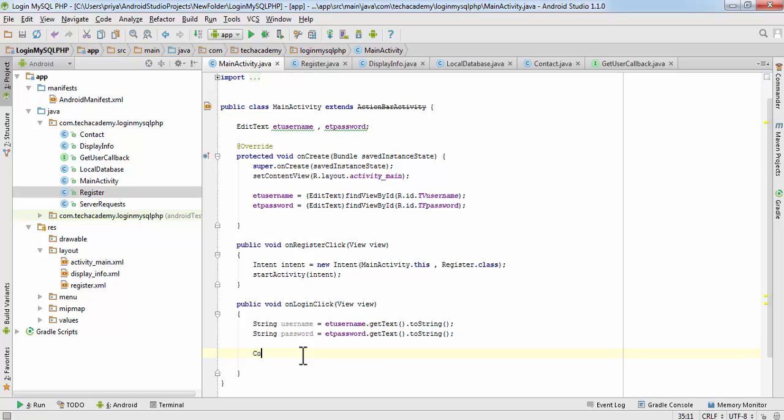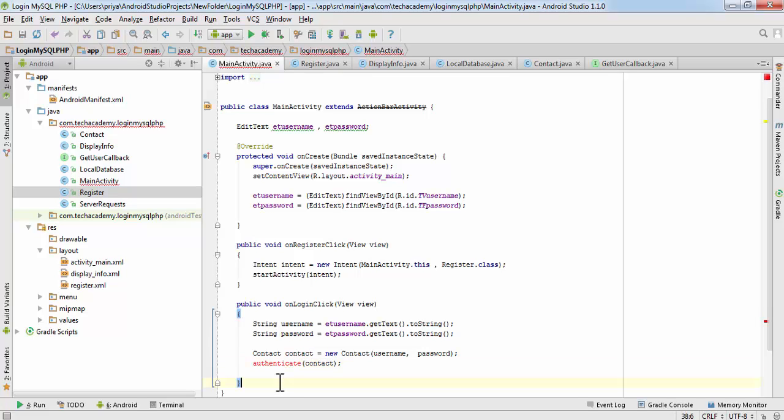So first we will create a contact equal to new contact, and here we'll pass the username and password entered by the user. After that we will authenticate the user. So we will check if that username and password pair exists in the database or not. So write authenticate contact.